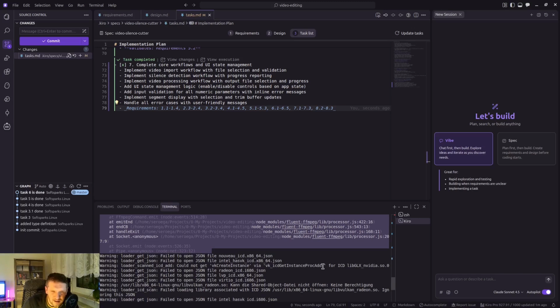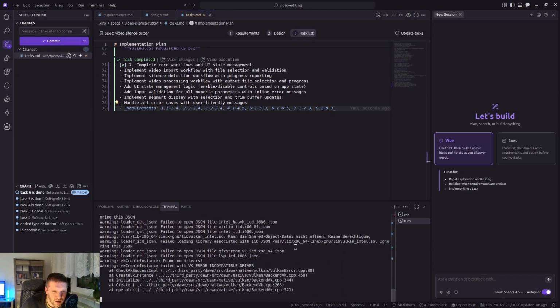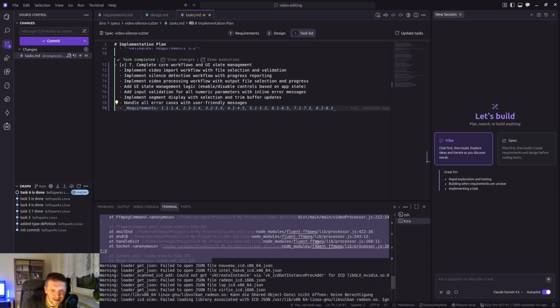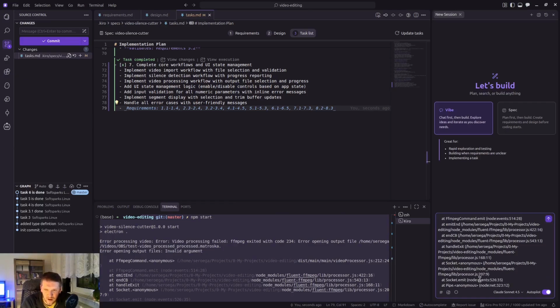I think that this has something to do with the GPU library. It's a bit different. I think it has nothing to do with the project here, but I just copied that here. We can paste it without any additional commands, but I would like to add some more information. I can say when we try to process the video, it suggests